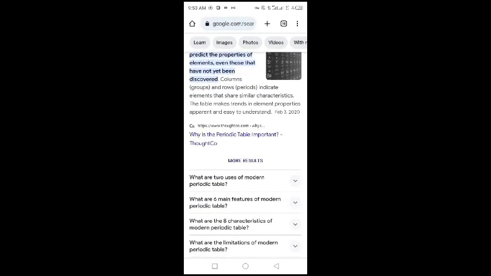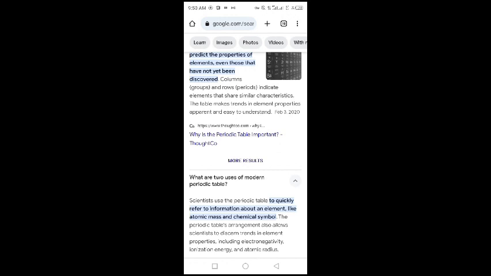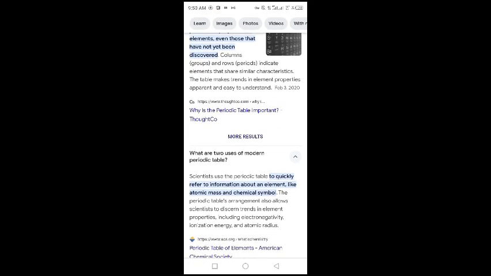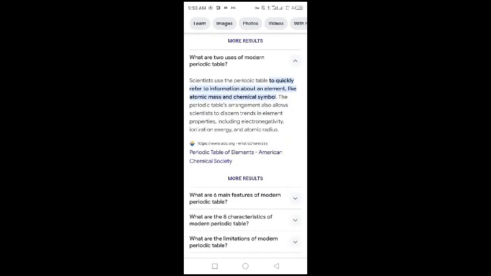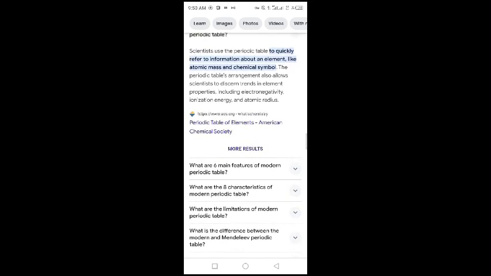What are two uses of modern periodic table? Scientists use the periodic table to quickly refer to information about an element like atomic mass and chemical symbol. The periodic table's arrangement also allows scientists to discern trends in elements' properties, including electronegativity, ionization energy, and atomic radius. अब सेवन सिक्स मेन फीचर्स हैं हमारे पीरियोडिक टेबल पे के यहाँ पे